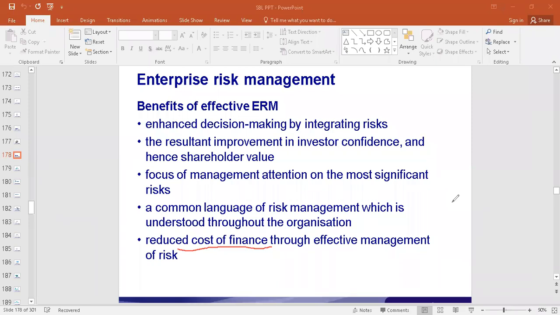So when that comes down, when the higher expectation comes down, then automatically the cost of finance also reduces. This is possible because there is a risk management process in place. Wherever risk is high, the shareholders expect a higher return. That is called an implicit cost. What they want as a return is an explicit cost.